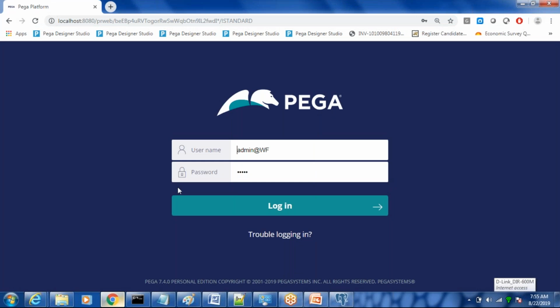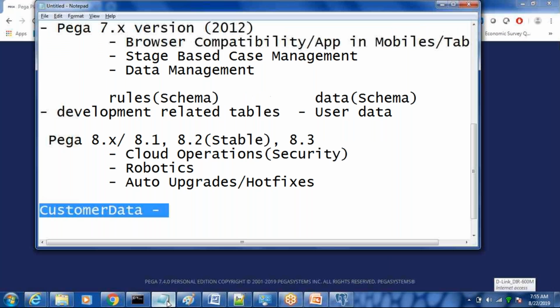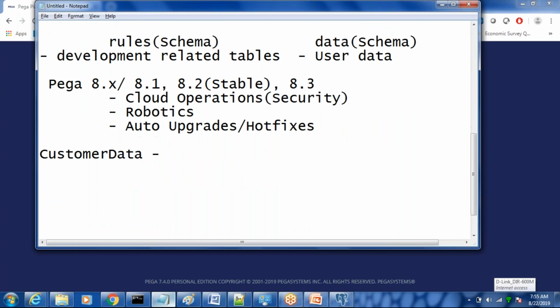Once the server starts, you have to open any of the browsers and specify the URL as localhost colon port number, which is 8080. By default this port number is given as an option during the installation itself, so by default it chooses 8080. If in case you want to modify this, you can modify it during that time itself. So you can use either 8080 or you can use 9080.